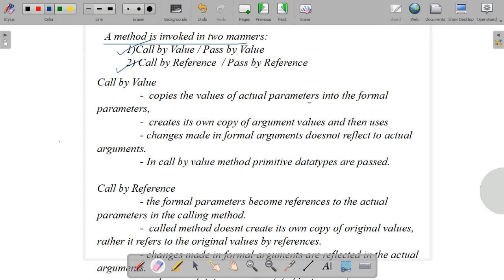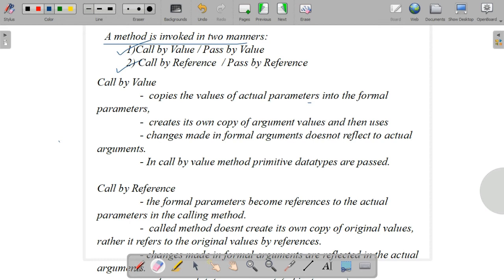A method can be invoked in two manners. The first one is call by value or pass by value. The second one is call by reference or pass by reference. Call by value means it copies the values of actual parameters into the formal parameter. That means it creates its own copy of argument values and uses it, so the changes made in the formal arguments don't reflect in the actual arguments.